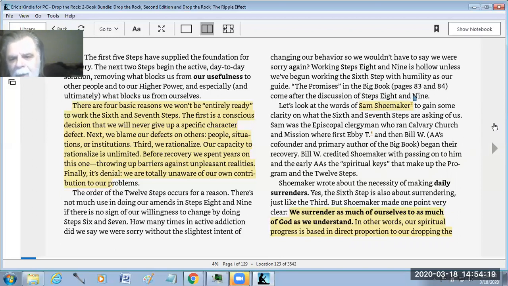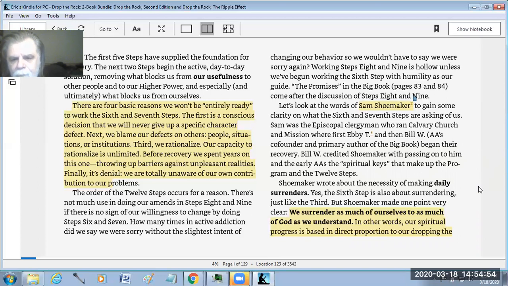And this opened Bill's mind to the possibility that, in fact, there was a way to recover if only we could have a God of our understanding. And, in fact, we could make progress because of that progression of understanding that perhaps we would be able to open ourselves to, that there are spiritual keys. And this is the beginning of where Bill takes the Oxford Group directives and he begins to turn it into the 12 steps. I did not know any of that.